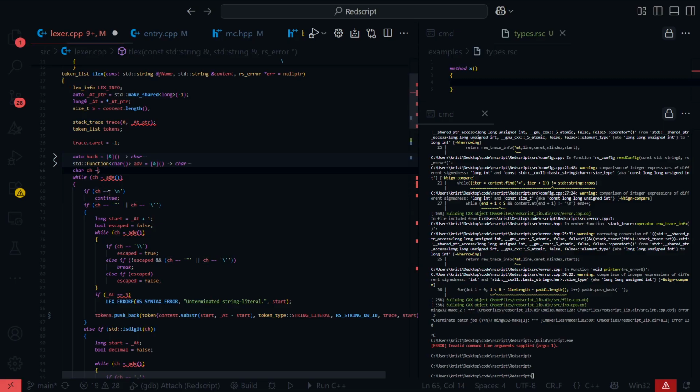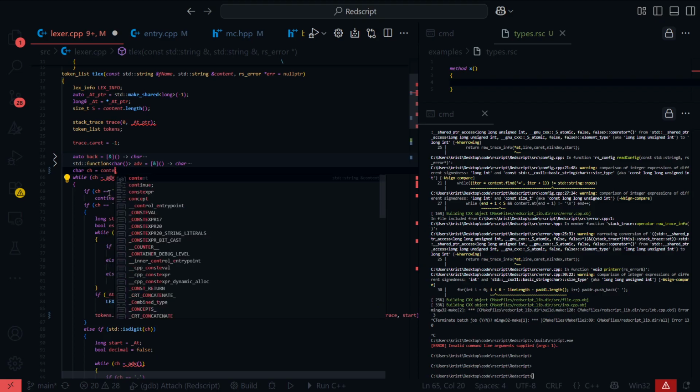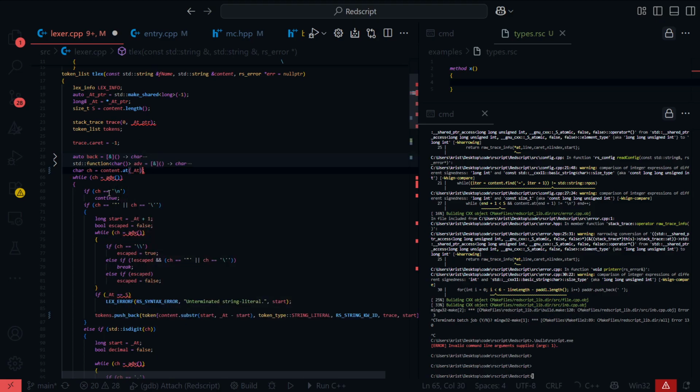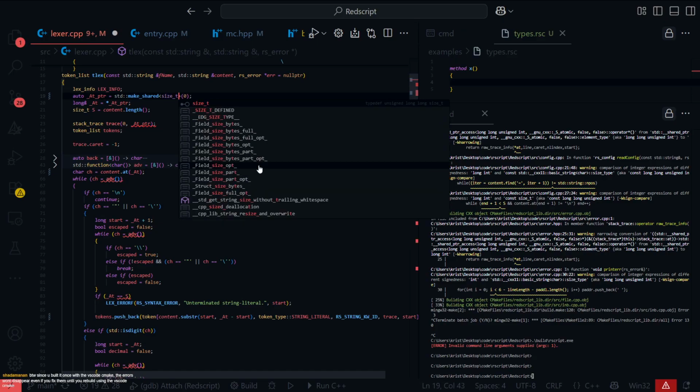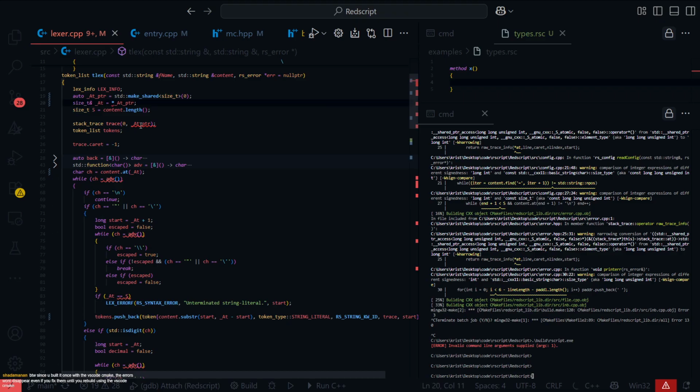So I'll just set it equal to that, and I'll start at 0, and we'll call this a size_t, and we'll call this a size_t.